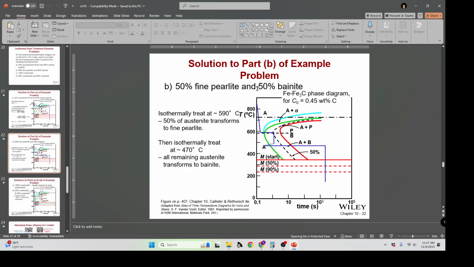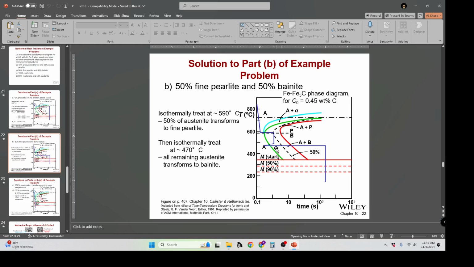In order to get a 50-50 mix of pearlite and bainite, you have to quickly cool, ride the line at 600 between bainite and pearlite so that both have a chance to form equally, then drop it down below the 500 mark at 470